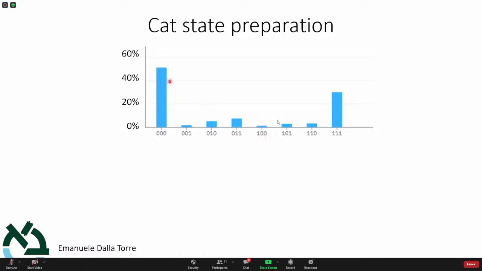The measurement error is interesting in particular because you see that there is a discrepancy between 0, 0, 0 and 1, 1, 1. There is a higher probability of measuring 0, 0, 0 than 1, 1, 1. By the way, you also see that this is the reason why you get this 0, 1, 1 with high probability. Probably this was supposed to be 1, 1, 1, but then one qubit, instead of giving 1, gave you 0. And this asymmetry is related to the hardware itself.